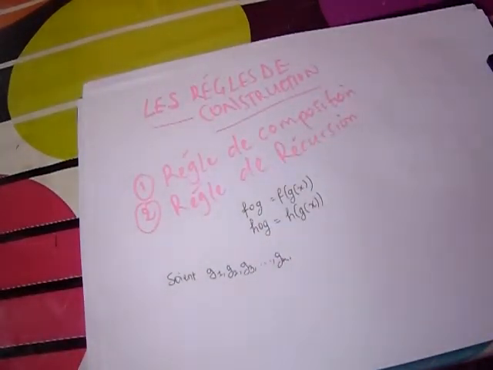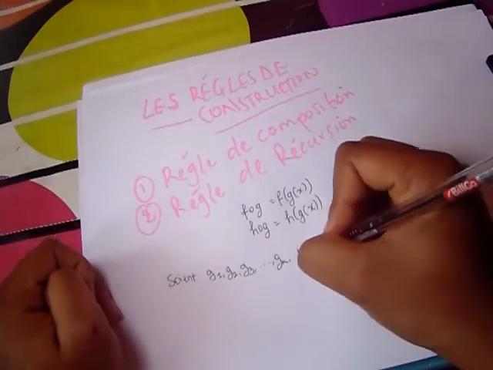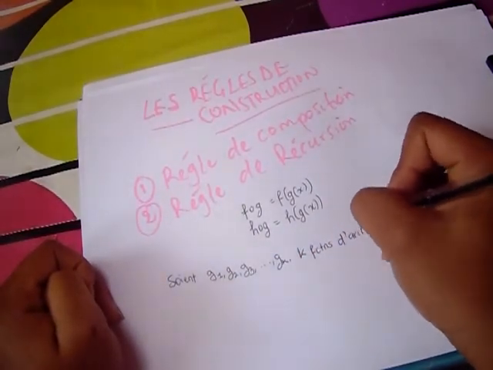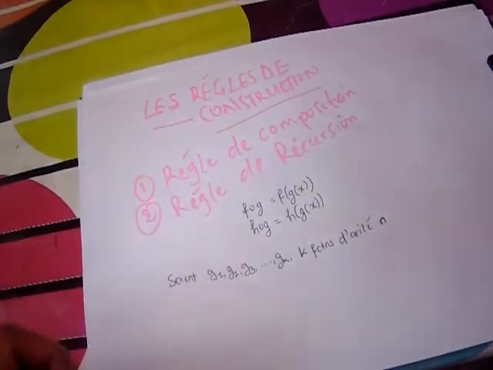So we're having g1, g2, g3 up to gk. This is we're having k functions. The definition is that soit g1, g2, g3 up to gk, k fonctions d'arité n,